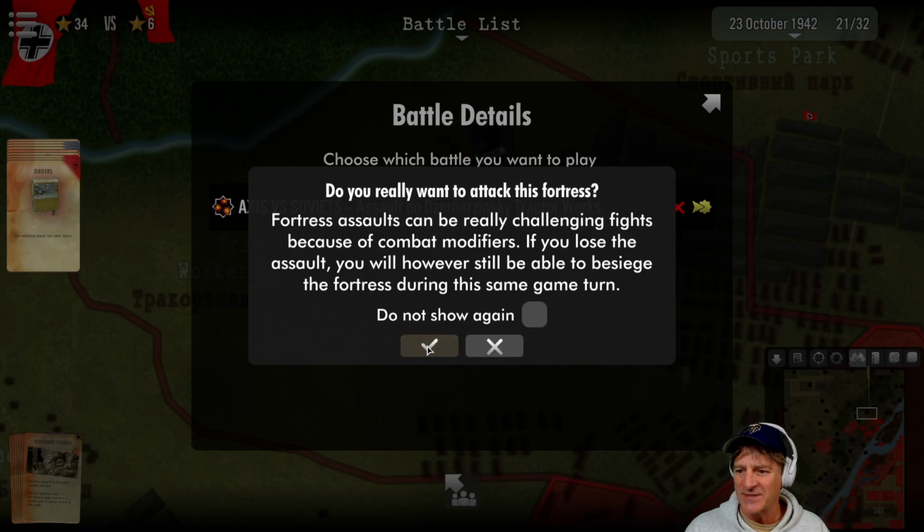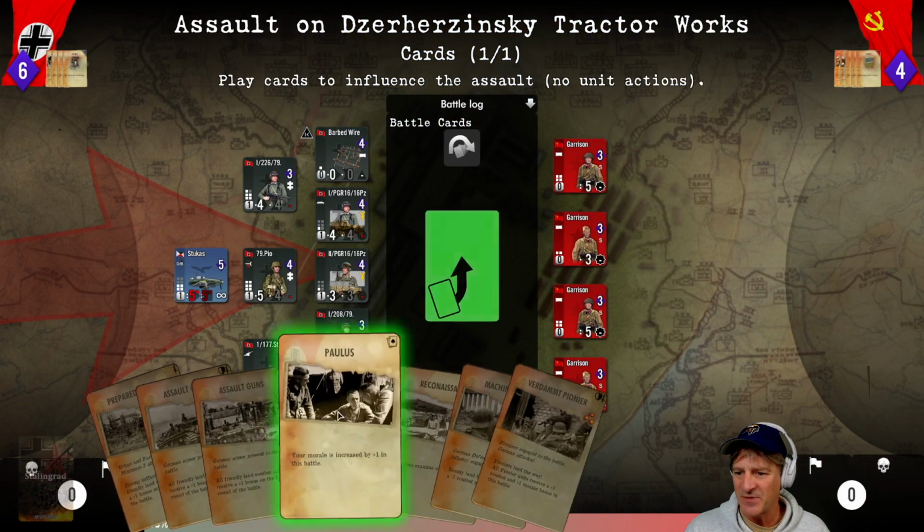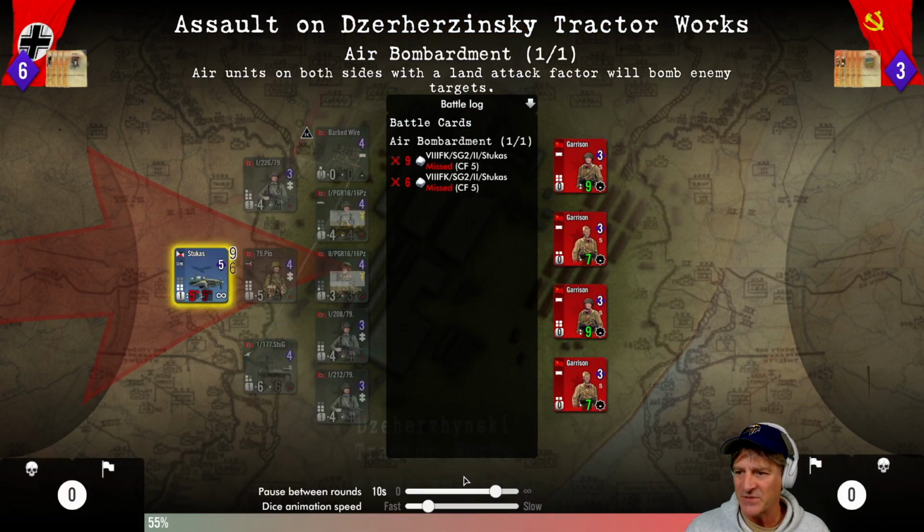Let's see if we can now assault and take the tractor works here. Zherzinski tractor works. 60-something%. Morale is increased by 1 in this valley. Now, we're not going to do it. I'm just going to kind of...